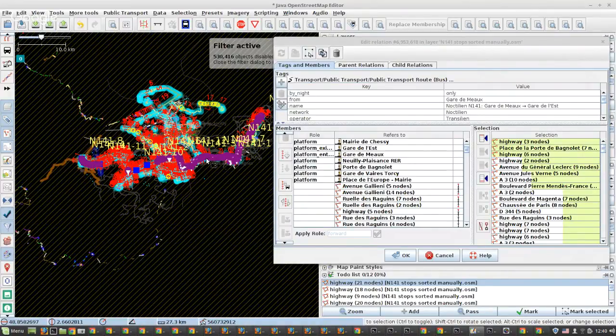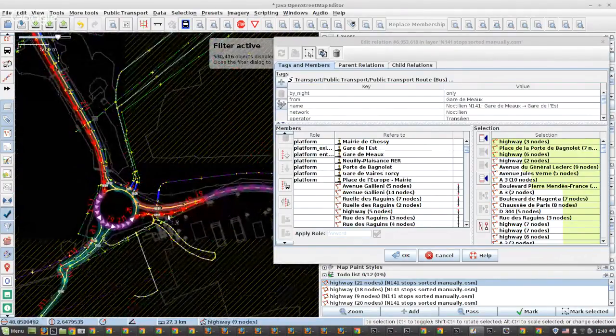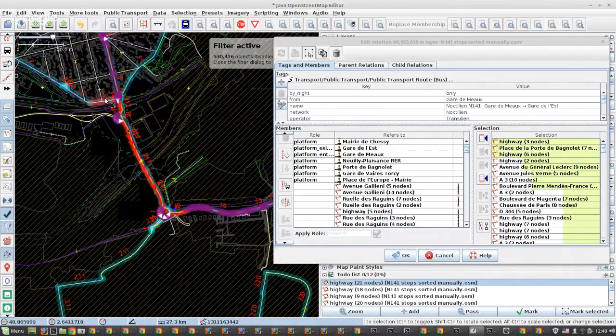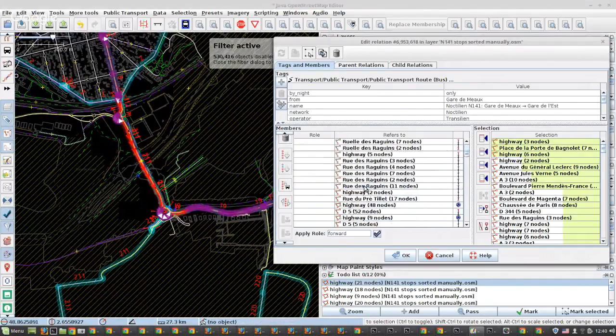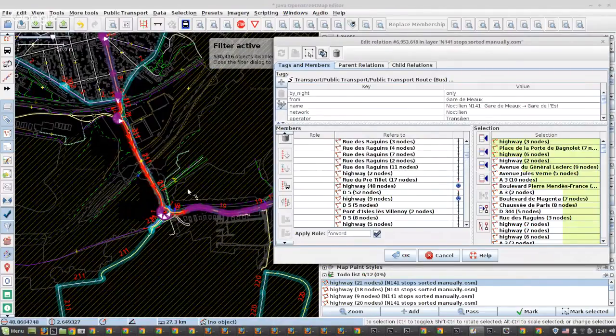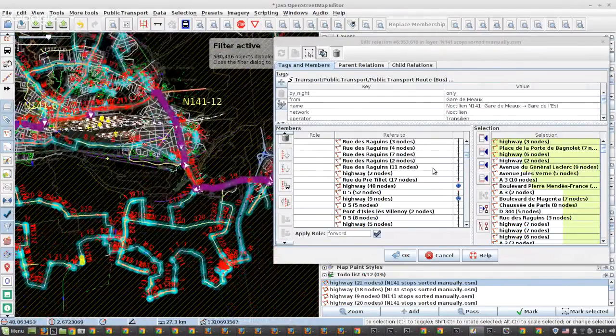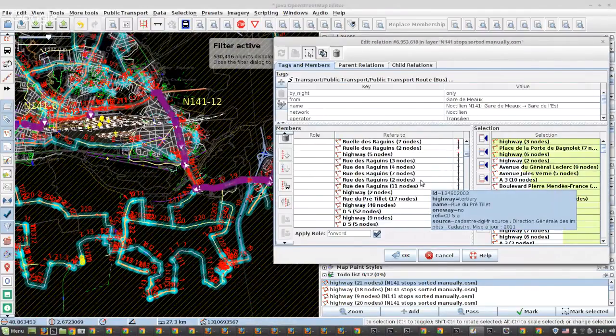So if we zoom in a bit, you see that all the red ones are in the other direction, the route of the other direction, but are removed from this one. Obviously, what I also did is flip the order of all these ways. And what is also gone is ways that were in the relation twice, because I moved them to the selection and then moved the selection into this route relation. So now I'm wondering,